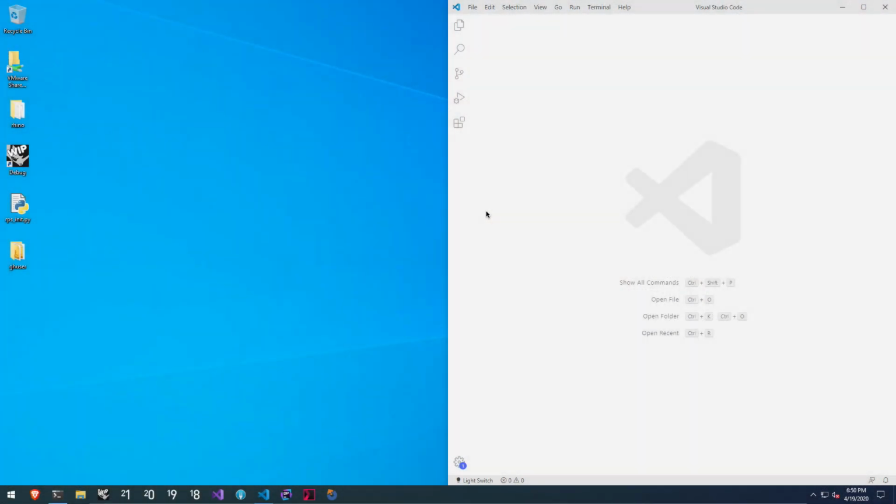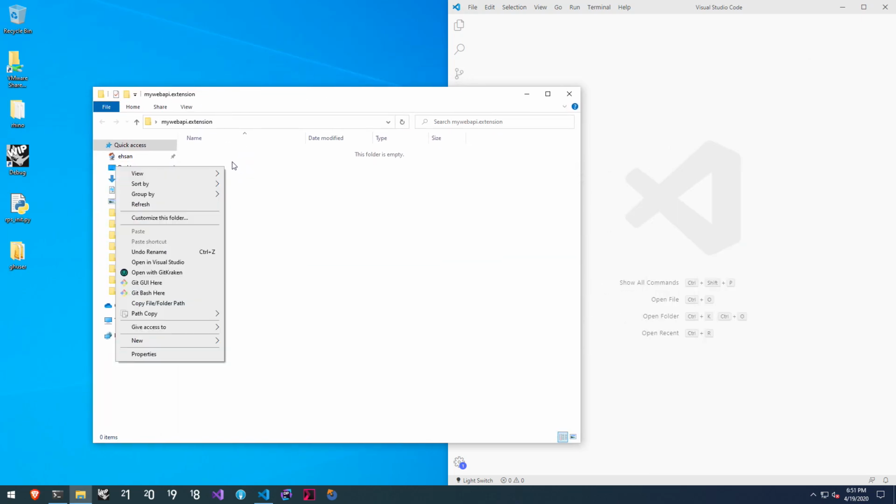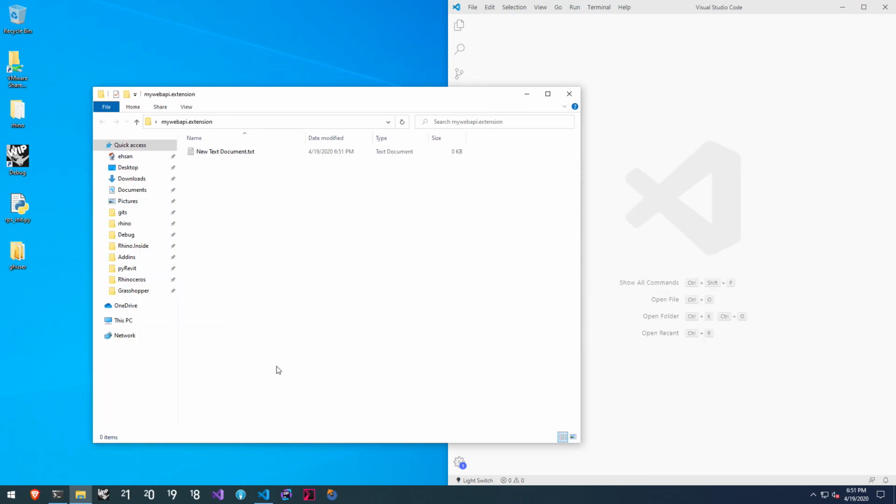So I'm going to minimize this, and I'm going to go to my Windows environment, and I already have the new version of PyRevit attached to the Revit versions that I have. So it's expected that you have figured out that part. I'm going to create a new extension, call it my web API extension. So I basically create an extension directory, and inside of it,